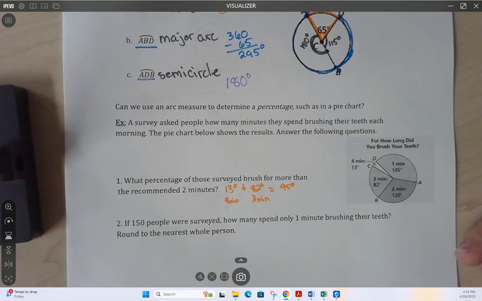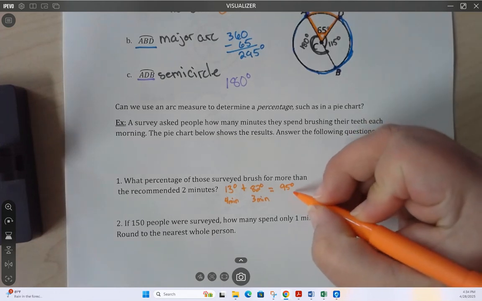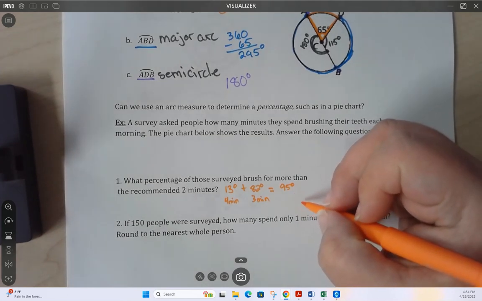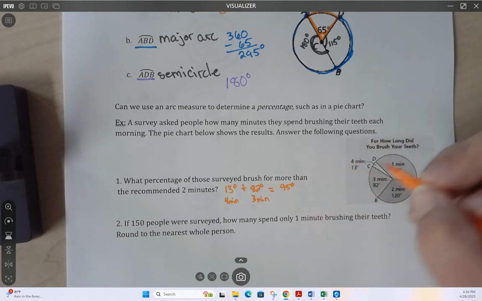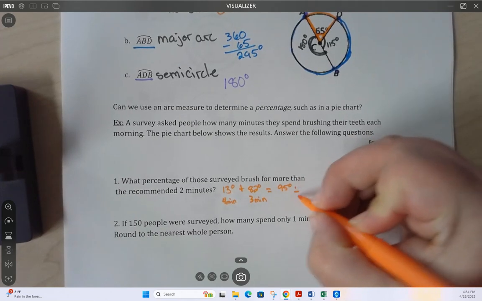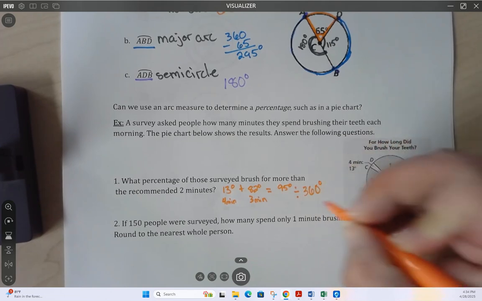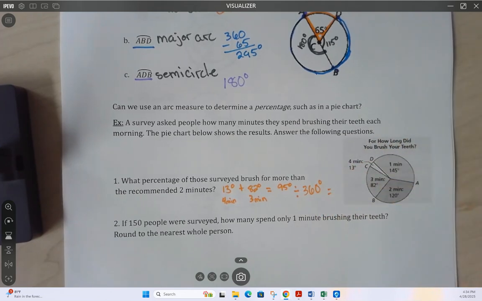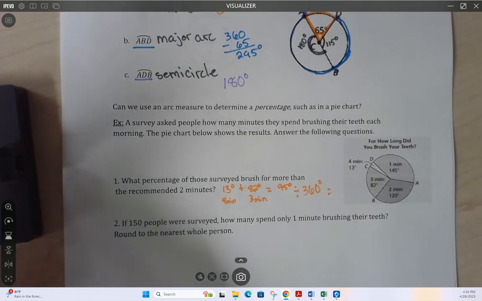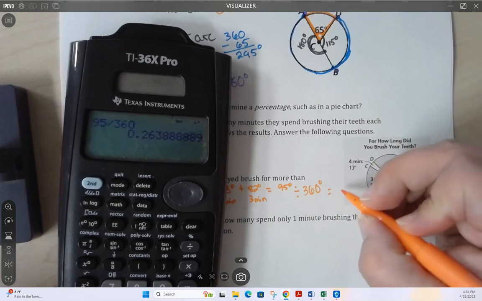How do we turn that into a percentage? Well, percentages are out of the whole, essentially. Percent means per 100, but it's out of a whole. So this means we have to divide by the total number of degrees in our circle. So 95 degrees divided by 360 degrees in the full circle. That gives us no degrees anymore. Our symbols won't change. 95 divided by 360 is,